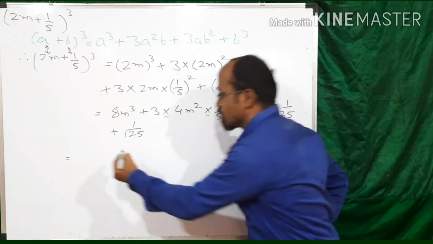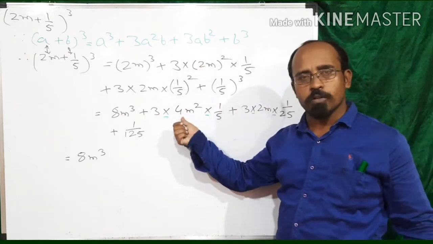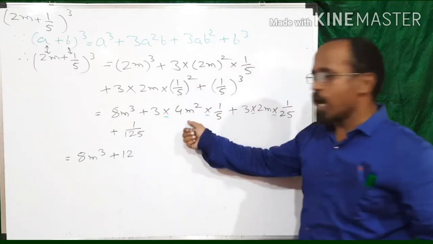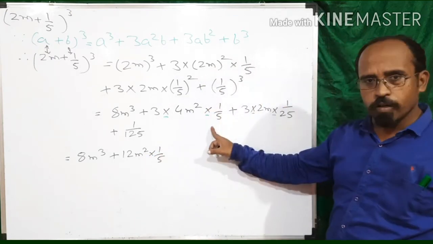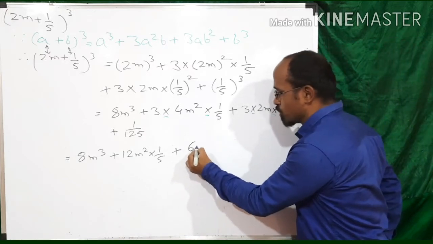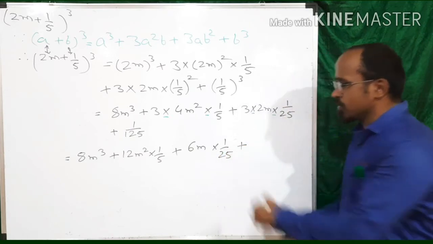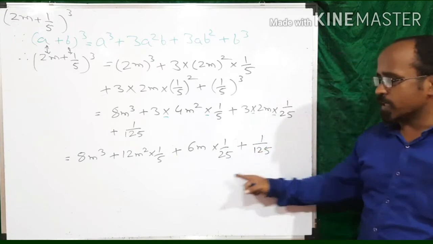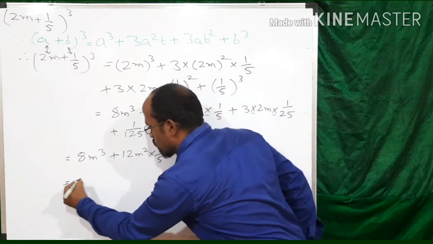So 8m³ is not multiplying with any number, as it is. 3 multiplied by 4, 3 fours are 12. Both are positive, so plus 12m² into 1/5. Plus 3 into 2 is 6, both are positive, so 6m into 1/25, plus this 1/125 is intact. It's not multiplying with any other number. Once again, according to BODMAS, 2 multiplications remain. So let's solve them. So that is equal to 8m³